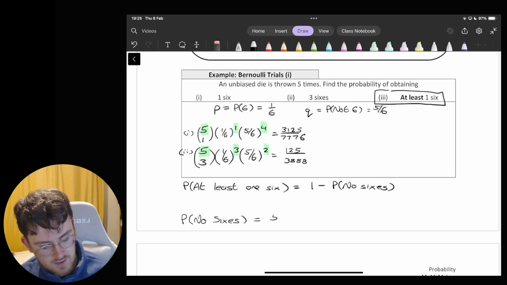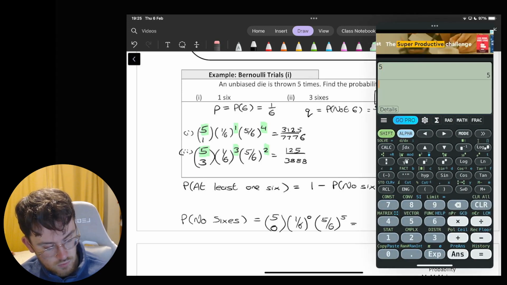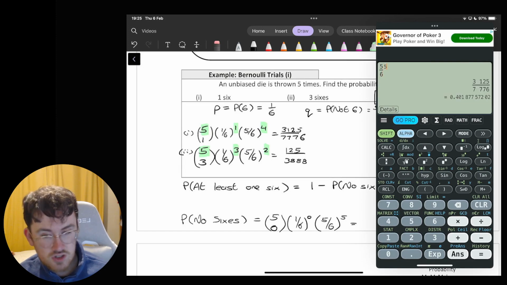So out of the 5 trials, I want to succeed never. 1 over 6 is to the power of 0. You can kind of see what's happening here. And 5 over 6 to the power of 5. 5 choose 0 is just 1. Okay, lovely. 1 over 6 to the power of 0 is just 1. So really, the question just ends up being 5 over 6 to the power of 5,